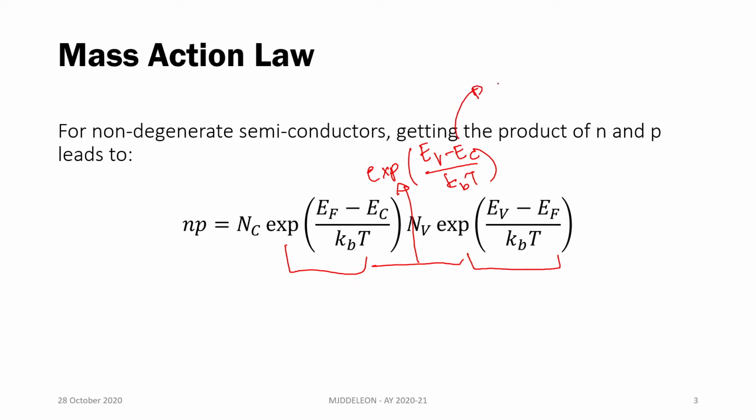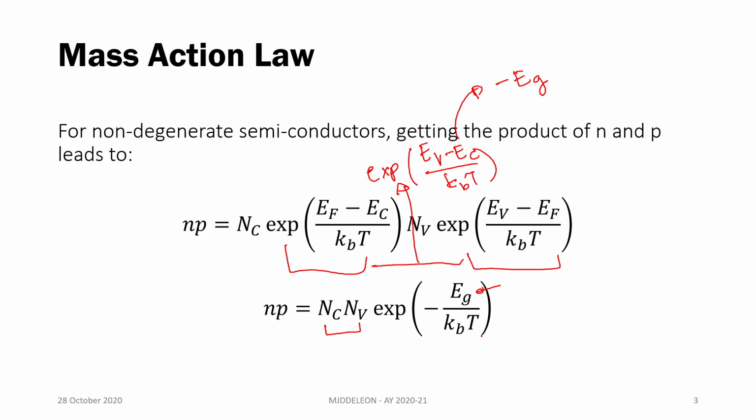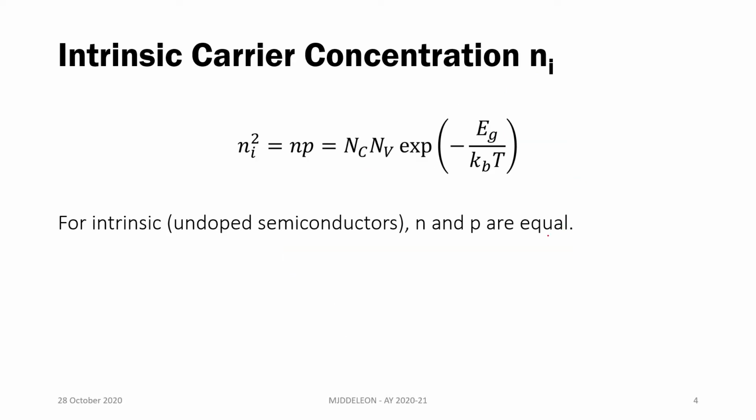And EV minus EC, this is just the negative of the band gap. So the mass action law will then state that the product of n and p will be equal to Nc Nv exponential of negative of the band gap over kB times the temperature of your semiconductor crystal. So again, Eg is the band gap of the semiconductor. The mass action law is powerful since this holds true for any